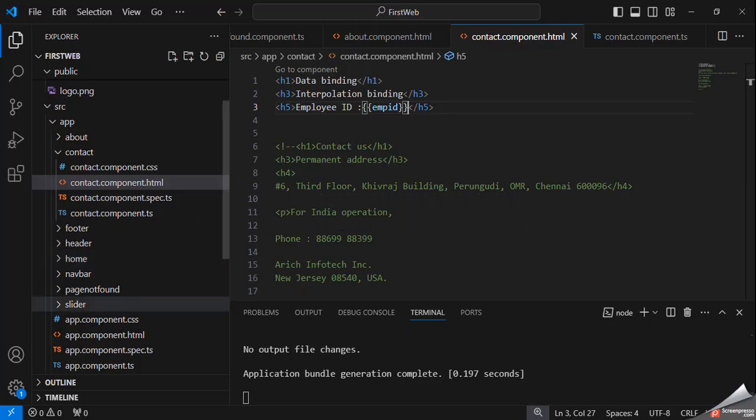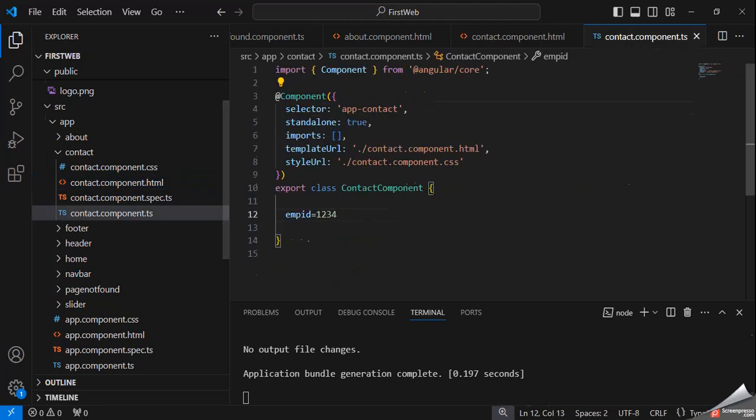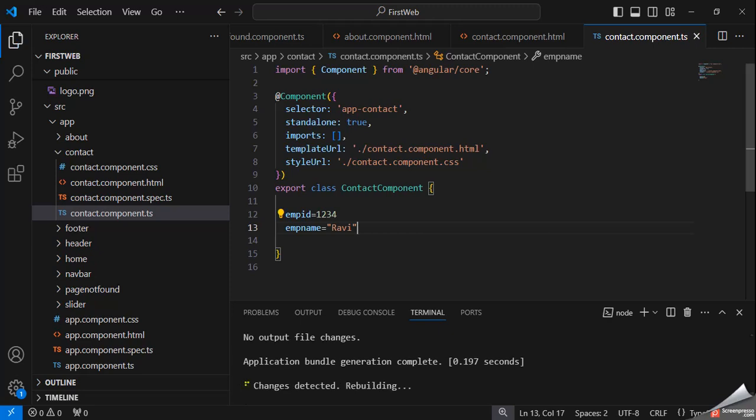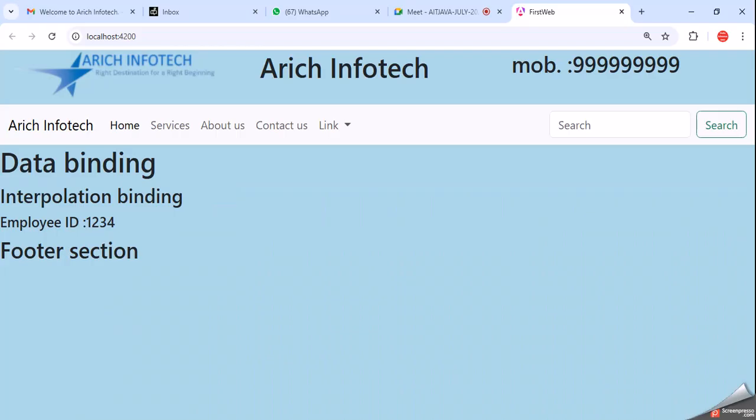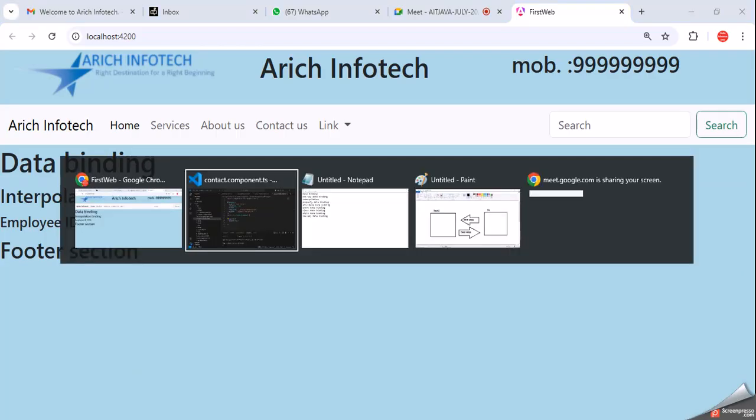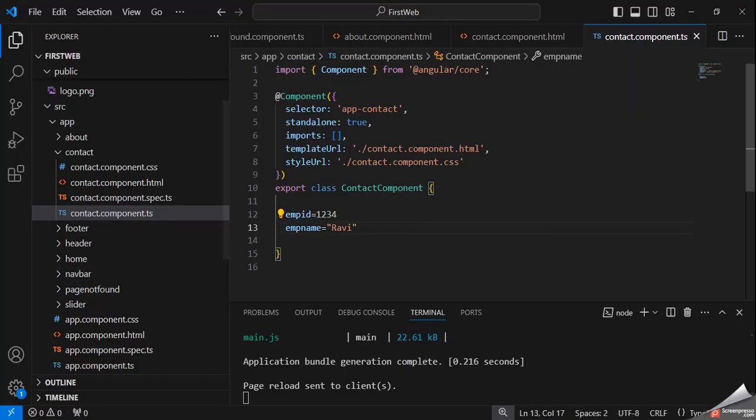In the same way we can declare any values, like here we declare empName, and we want to display these values here.